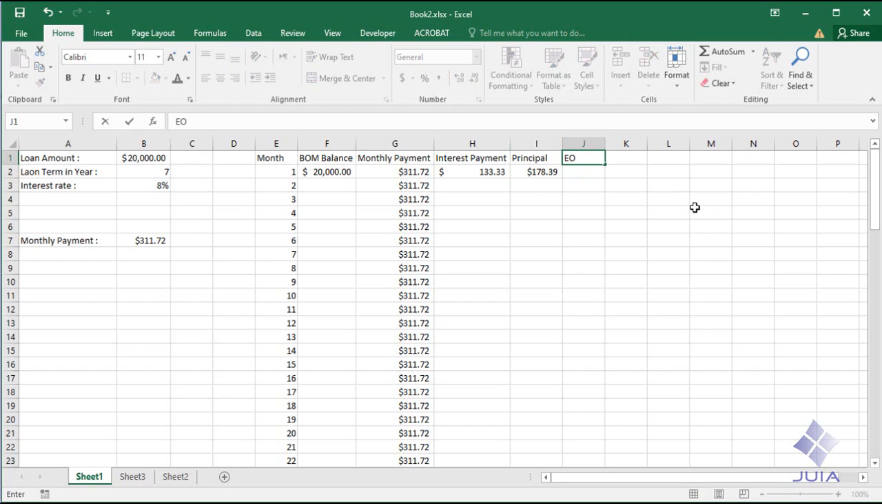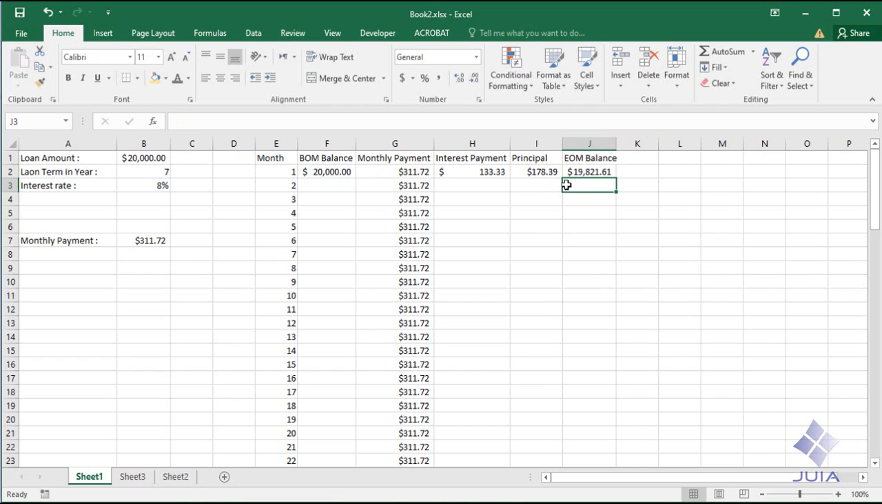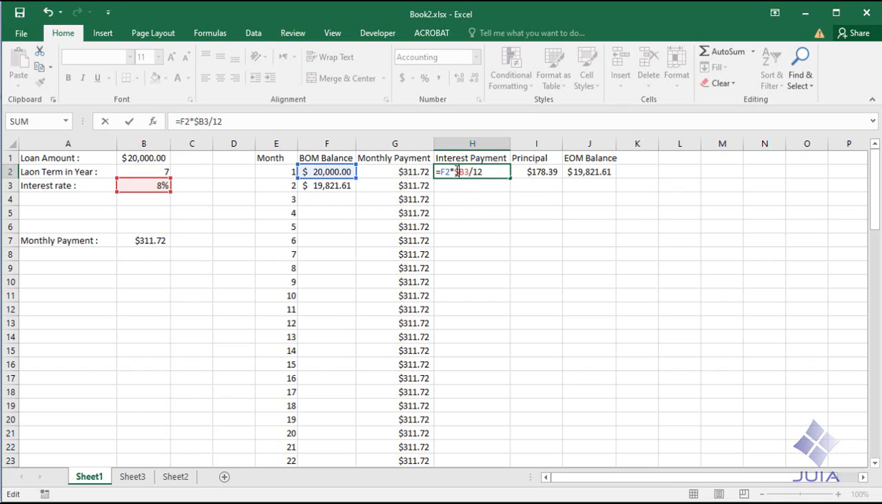And the end of month's balance is going to be the balance at the beginning of the month minus the principal paid. So in the next month, the interest rate is going to be applied to this figure instead of this figure. So the beginning of the next month's balance is going to be the balance at the end of the previous month. So if you lock this figure